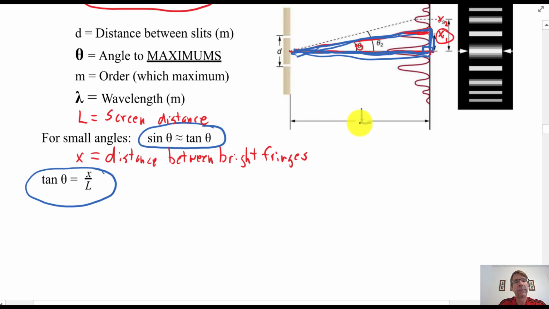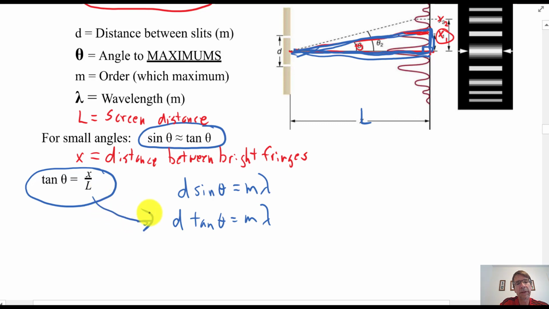All right. So if you take your d sine theta equals m lambda, which is that red equation that I have circled up above there, and if sine theta equals roughly tangent theta, we have d tangent theta equals m lambda. Well, tangent of theta, I just said, is x over L. I'm going to plug that in for tangent. So I'm going to have d times x over L equals m lambda. And if you rearrange that,